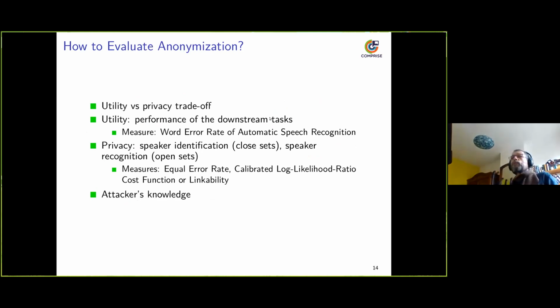So how do we evaluate anonymization? As explained before, behind anonymization there is a utility and privacy trade-off. The best privacy is to hide everything, keep the data and not share it. In that case, we have a poor utility. The utility will be measured in our case by the performance of downstream tasks, so we will measure word error rate for automatic speech recognition. And for the privacy, we will do speaker identification. That is, are we able to identify a speaker in a closed set? Or speaker recognition, in that case we consider an open set, with any speaker that does not